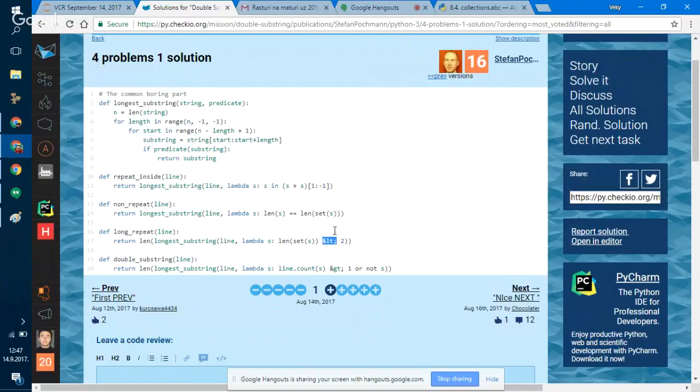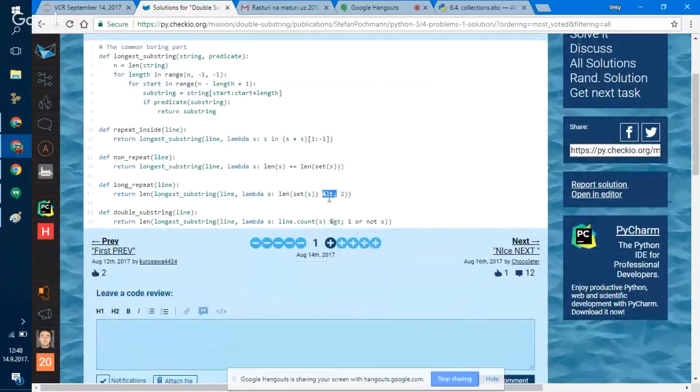So it's just something we released recently. Yeah, that's the bug. It is simply that there are at least two, more than one character inside. Less than one or zero. Yes, it's possible to be zero because there is one test that says what is long repeat of empty strings. So of course there is some sense to say that the answer is zero because the answer is the length of